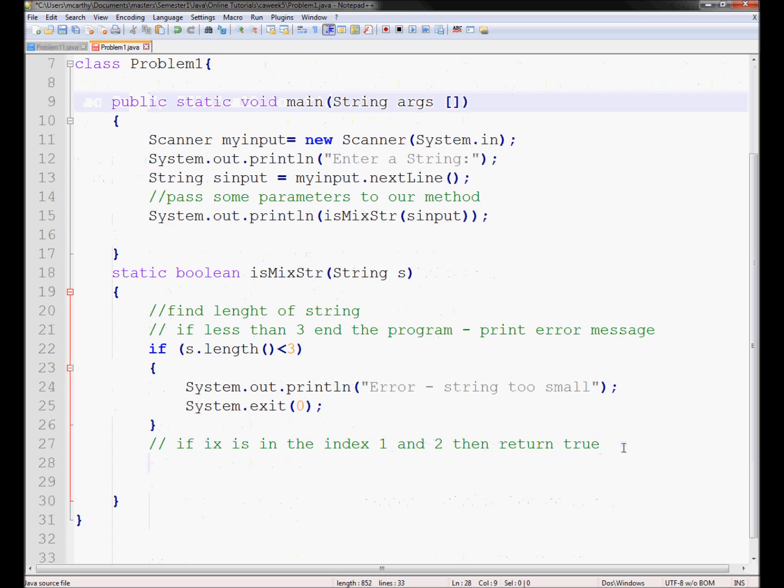So how are we going to do that? Well, we know that we're going to have a boolean data type, so let's just declare a boolean. Should that be lower or uppercase? Boolean, boolean. So boolean checker equals false. Let's just set it as false first of all. Okay. Then we'll just give it a condition. So we'll say if